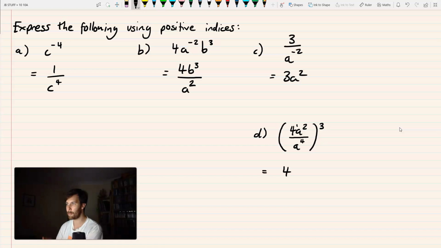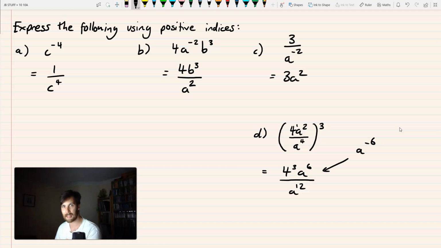If it's a number or a base with no power, it just means to the power 1. So it becomes 4 to the power 1 multiplied by 3, which is 4 to the power 3. A to the power 2 times 3, which is a to the power 6, over a to the power 4 times 3, which is a to the power 12. Okay, so here, if we used index law number 2 to simplify this, we'd have a to the power 6 take away 12, which would be a to the power negative 6, which we would then put into the denominator